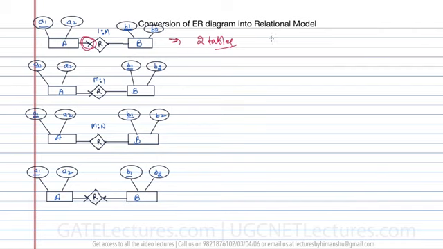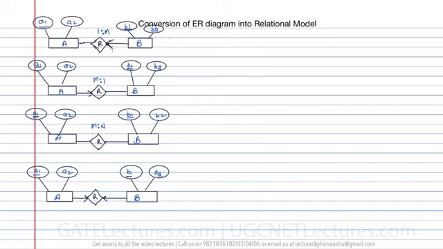And what are those tables? In the first table we are going to have A, and because there's a key constraint at this side, you can make it A1, A2. I did a small mistake here, let me correct it. Sorry guys. It should not be like this, it should be like this, because both the examples will be the same.